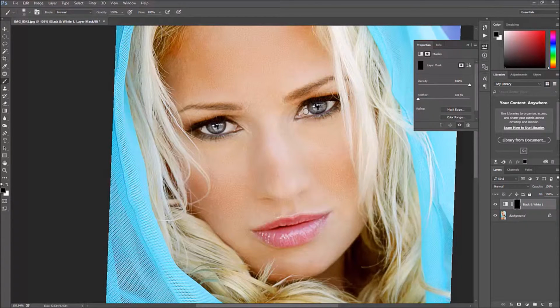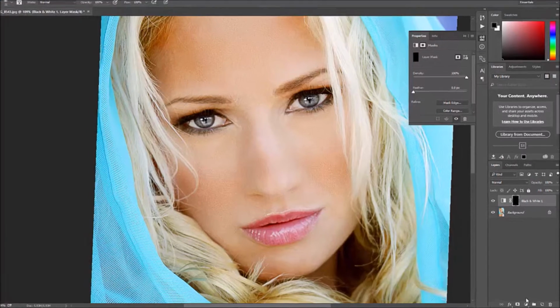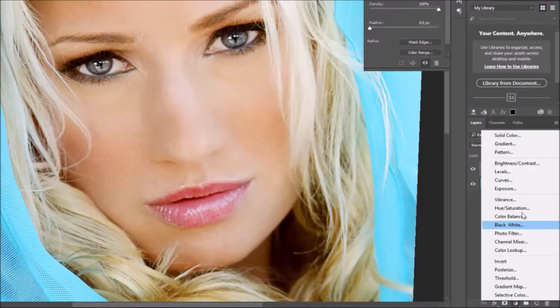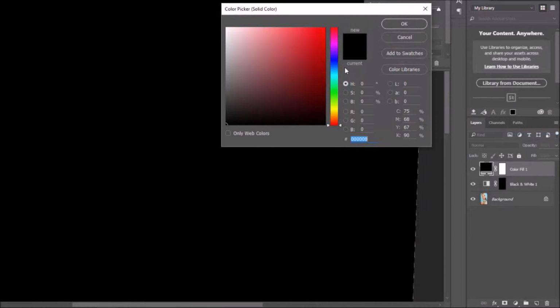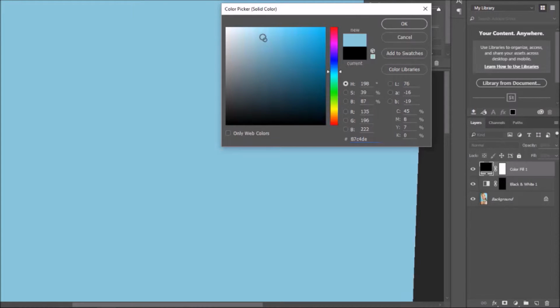After that, we're going to come back down here in the Layers panel. We're going to click once again right down here on this, and now this time we're going to create a solid color adjustment layer. I'm going to click on it. Now I wanted blue, I told you. I want the eyes to be blue, so I'm going to select in here in the blue area. Now I want light blue eyes. I want them to be